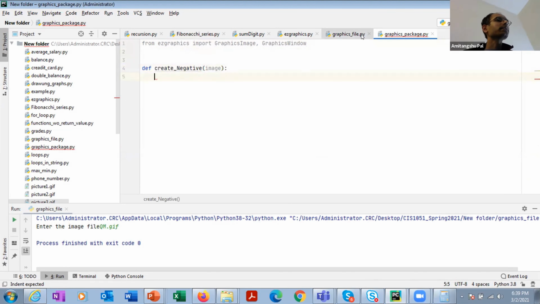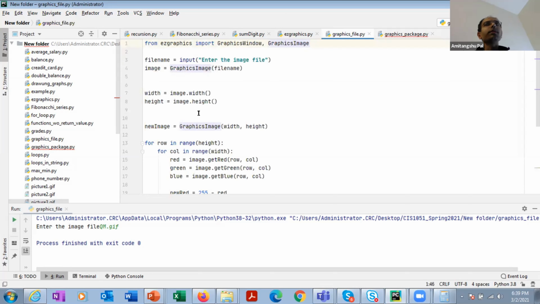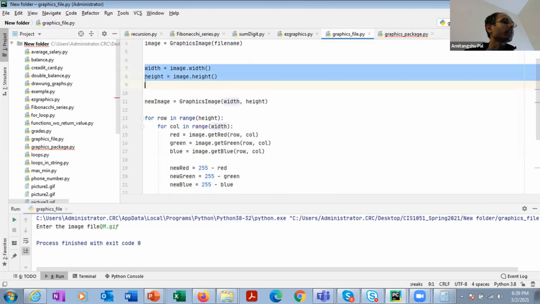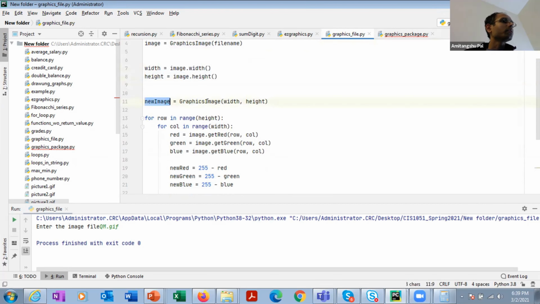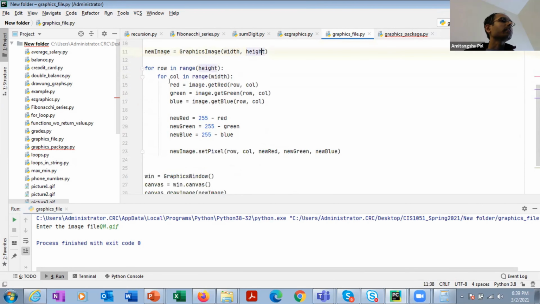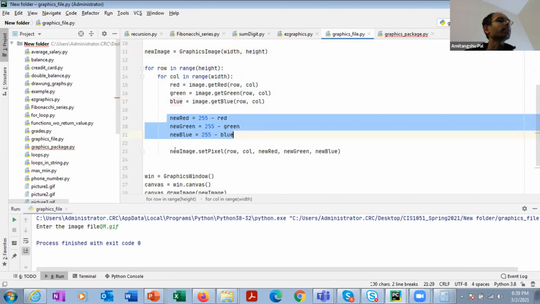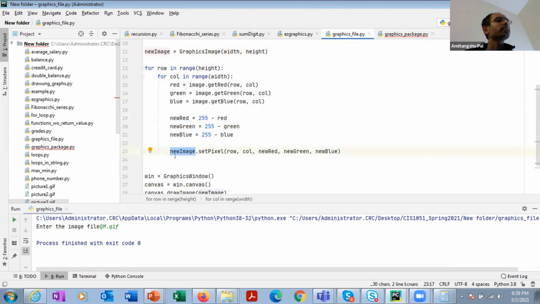And what will be there in this create_negative function? I have already written all the details. It is going to calculate the width and height of an image. It is going to create a new image with the same width and height, and then corresponding to each and every pixel it is going to calculate the intensity level of the new image, and then we'll create this new image, and at the end it is going to return the new image.